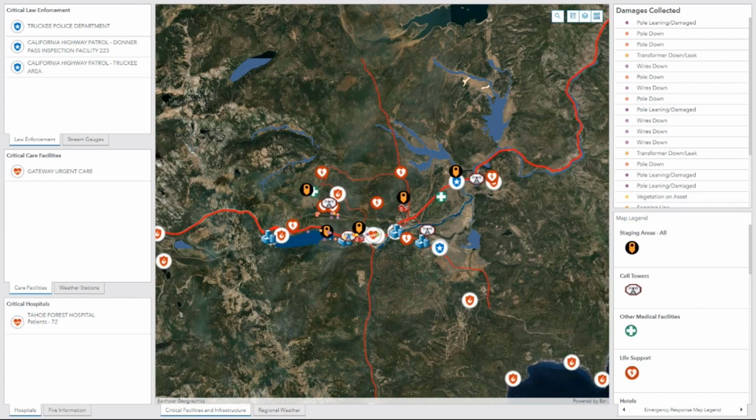This dashboard that we're looking at now is helping us with our emergency response efforts. Now, there's quite a bit happening, so I'll try to break it down. One thing we're really trying to understand is where we have critical infrastructure and customers that can be impacted in the event of an emergency like a storm. So that's why we're going to be looking for police station locations, fire stations, hospitals, COVID-19 vaccination sites, and so on. We're also looking at evacuation centers and evacuation routes in case we need to navigate our service area as